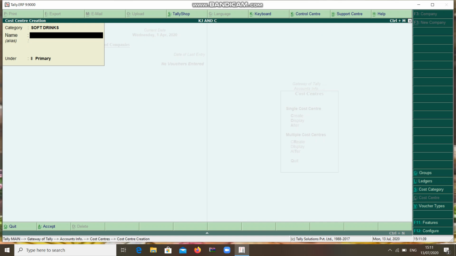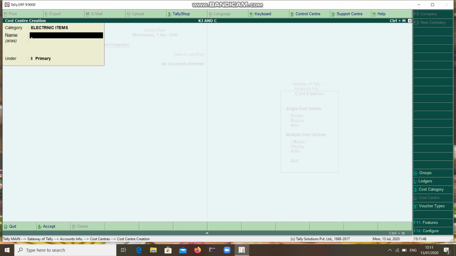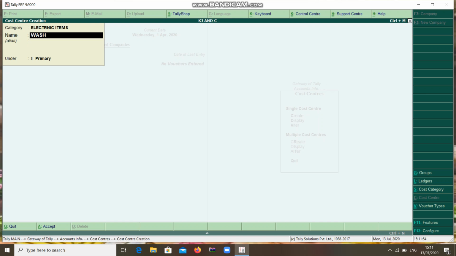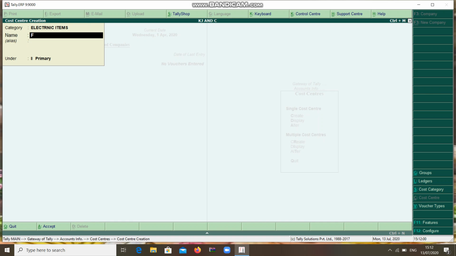So you have to go to the up arrow, space bar. Now you will get the electronic item. Electronic item, in the sense you can take TV, cell phone, washing machine, fan. So these are all the centers.